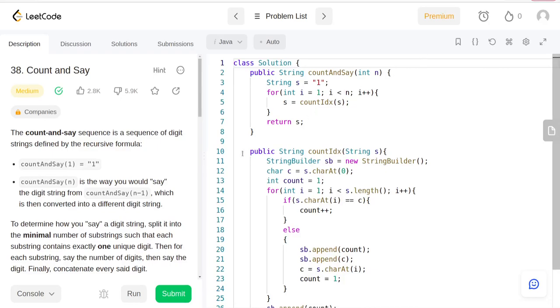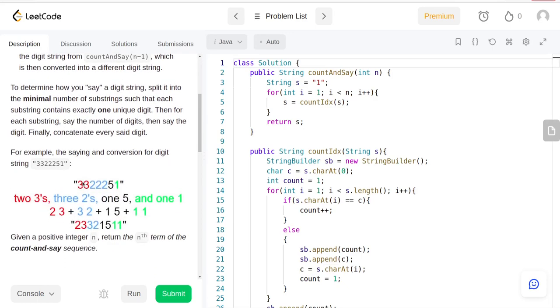Today we're going to be working on another Amazon interview question. This is LeetCode question number 38, Count and Say. If you have been given this number